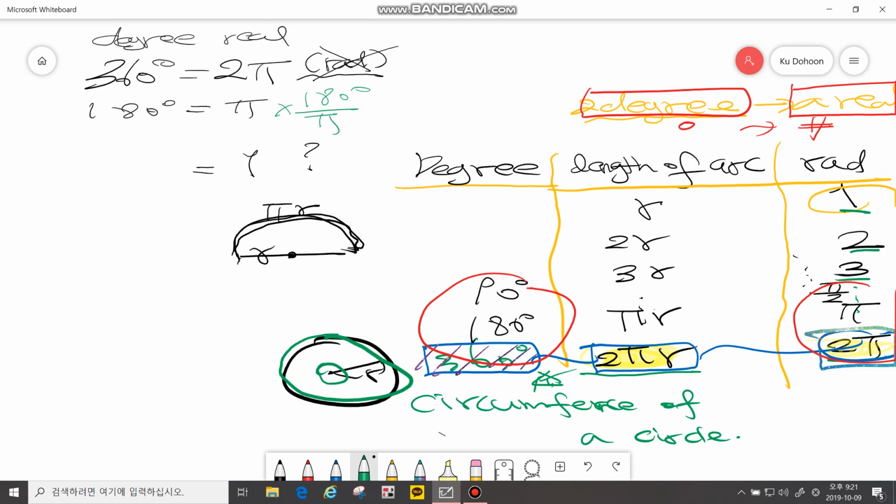By multiplying this, the green thing here, the left hand side becomes 180, and then if you multiply the same value to 2 pi, then you get